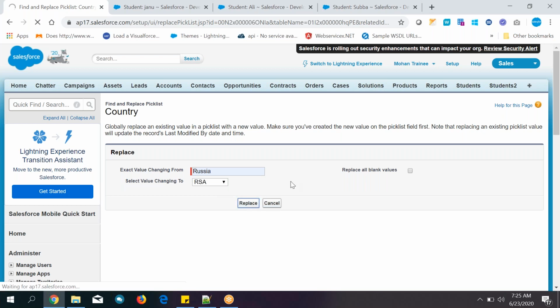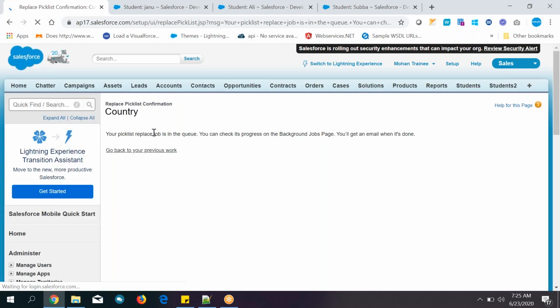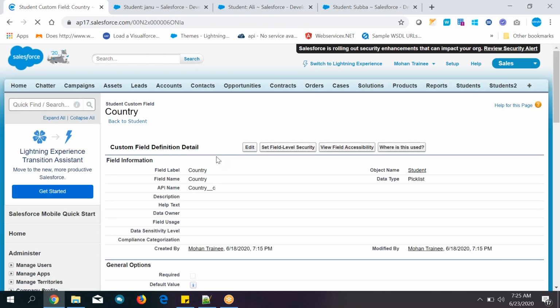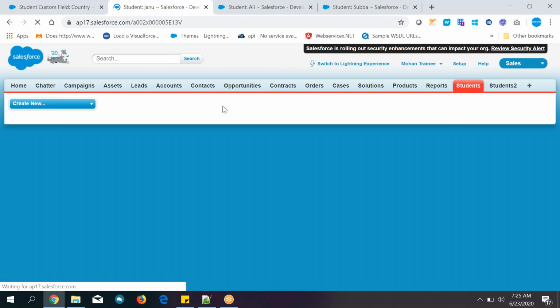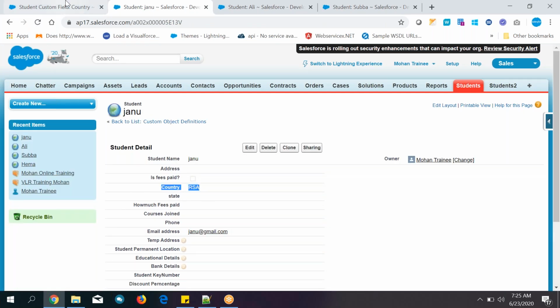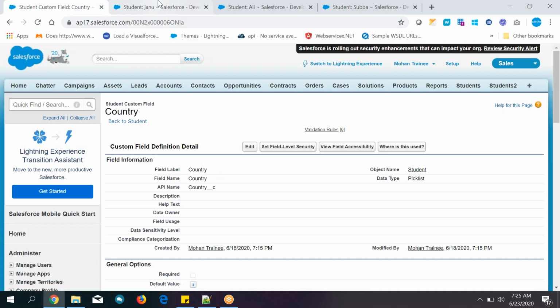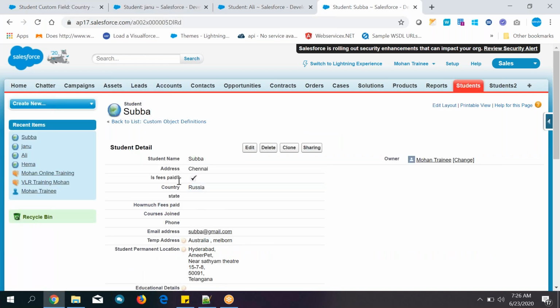So click on the replace button. So it will take some time, guys. At that time itself, it will not be done. So in backend, some job will be run and it will take some time. Okay, cool. Now you have replaced it, and I told you right, at that time itself, it will not. Yeah, now done. That job is done. Okay, it is a new org, and so not much data is available. That is the reason the job is done immediately. But in real time, it will take much time. Okay, so many thousands of records are there. That is the reason.